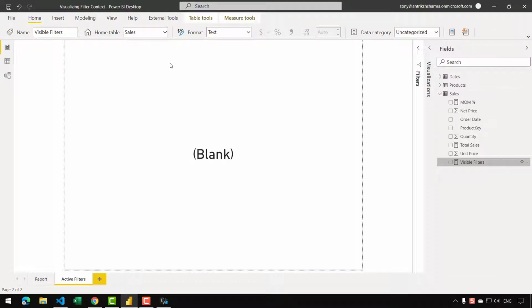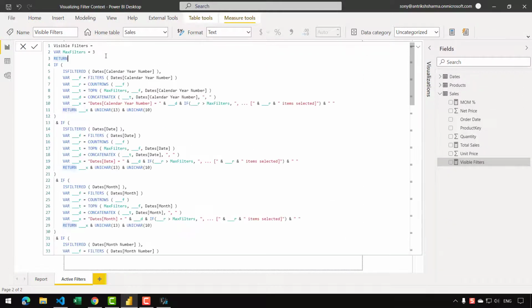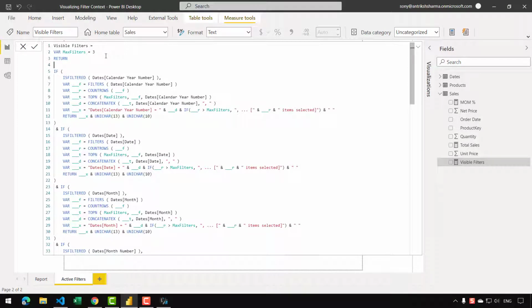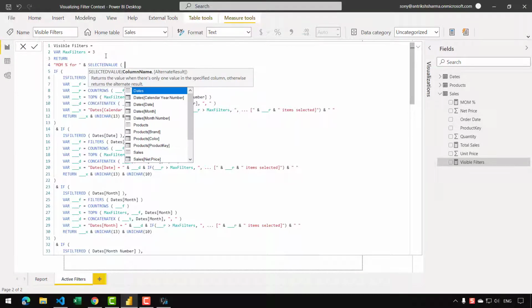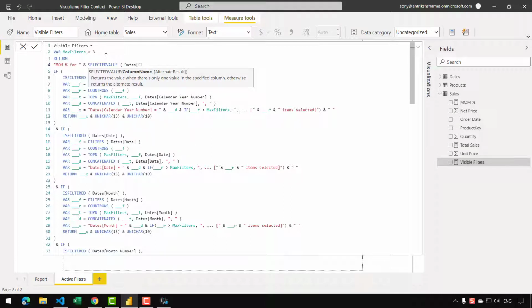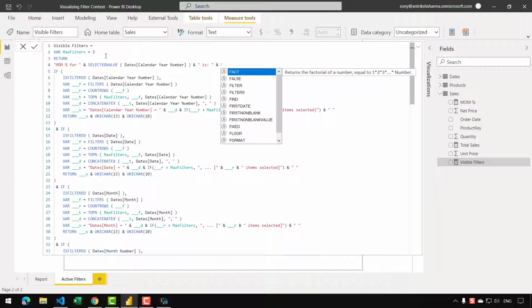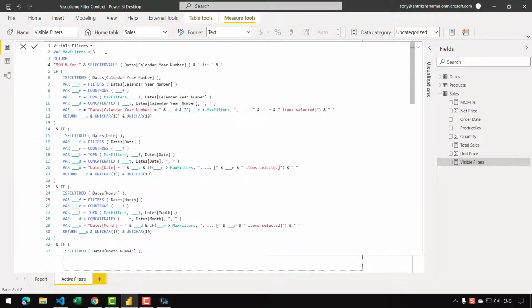Let me just go back to that measure, and now all I need to do is write a few lines of code. So I can write "MOM percentage for", and let's use an ampersand, SELECTEDVALUE of the date's calendar year number, and let's use another ampersand to concatenate " is ", and then let's use another ampersand, and I can write FORMAT,